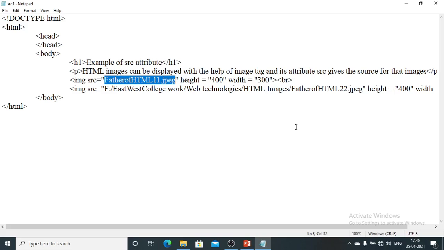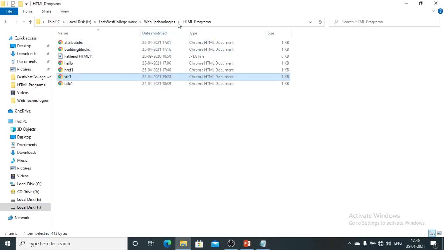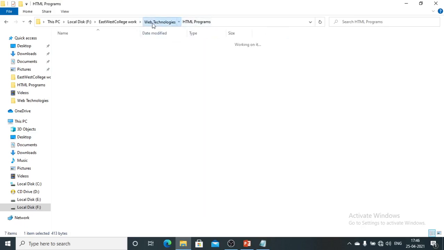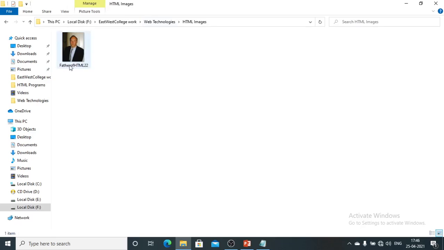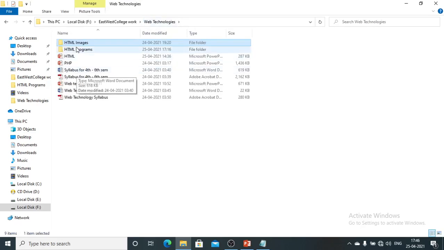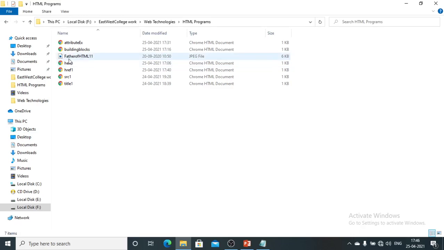I am in the current directory called HTML programs. Now I have another file in HTML images, that is father of HTML22. Just check out the different names here. It is father of HTML22, and what is within my HTML programs is father of HTML11.